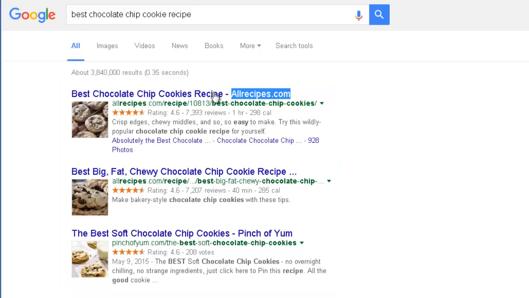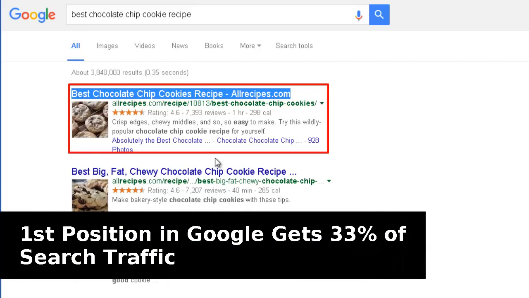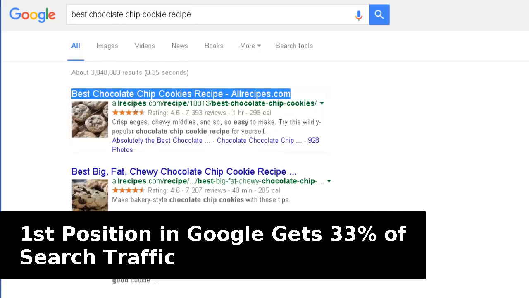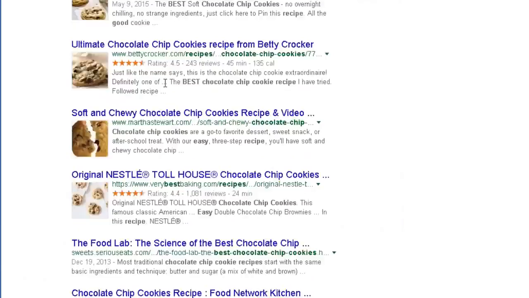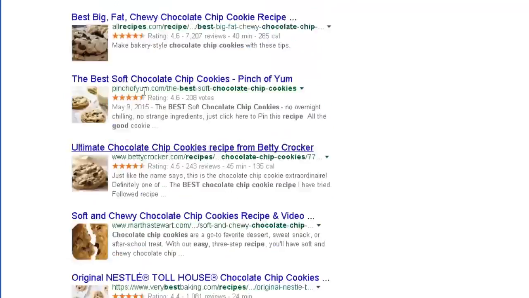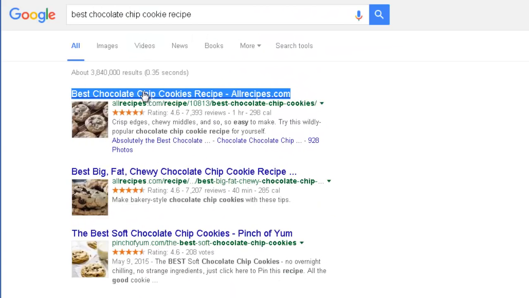And I bet that this first website that you can see on this listing, this first website over here, is certainly the one that is receiving the most visitors from all of the websites appearing on this listing. So that's exactly what you are trying to accomplish when it comes to SEO. You want your website to rank well on this listing so you can get more and more visitors. So you want to at least try to rank on the first page of results for any search term, and if possible on the first three positions of this listing, because those are the websites that will receive the most